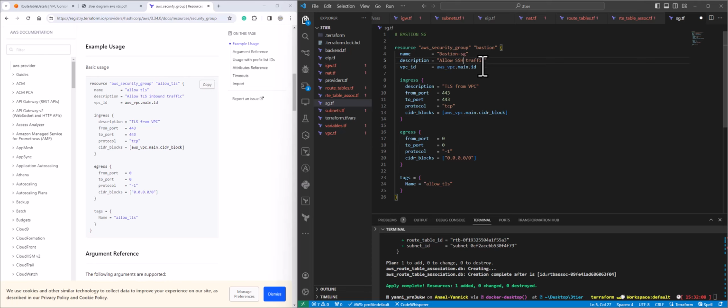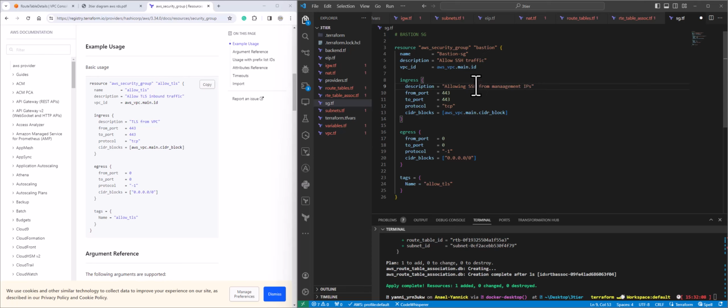And my VPC for my security group, because security groups are stateful, right? So we need to define the VPC. So we're going to put our VPC right here, and we're going to start with ingress, right? As I said, you can put some description. We're only going to put that the ingress is only for SSH, allowing SSH from management